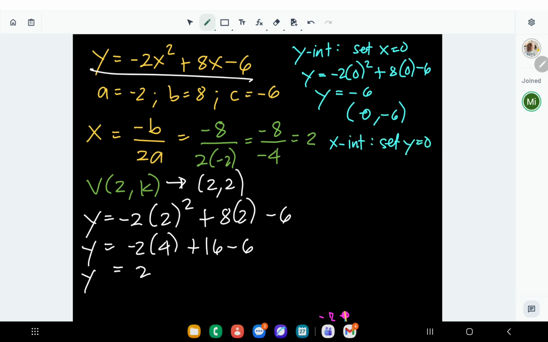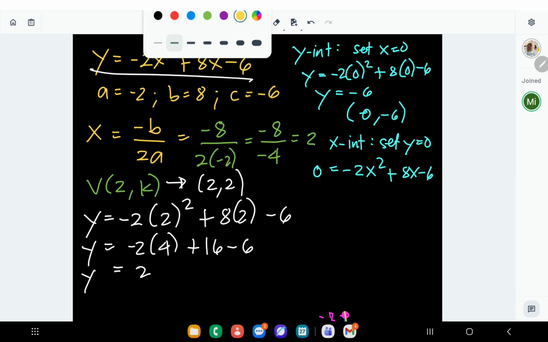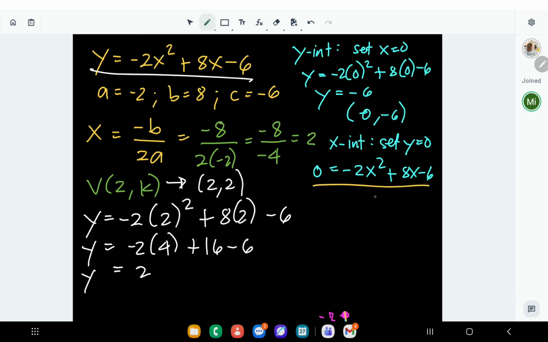You should just remember this. So this would become 0 equals -2x squared plus 8x minus 6. So we can factor this. Let's divide both sides by -2 first, because all of the coefficients are divisible by 2. So this is 0 equals x squared minus 4x plus 3. So this is now our function, and then we factor this. Let me rewrite it this way: x squared minus 4x plus 3, because they're just the same. Then we factor